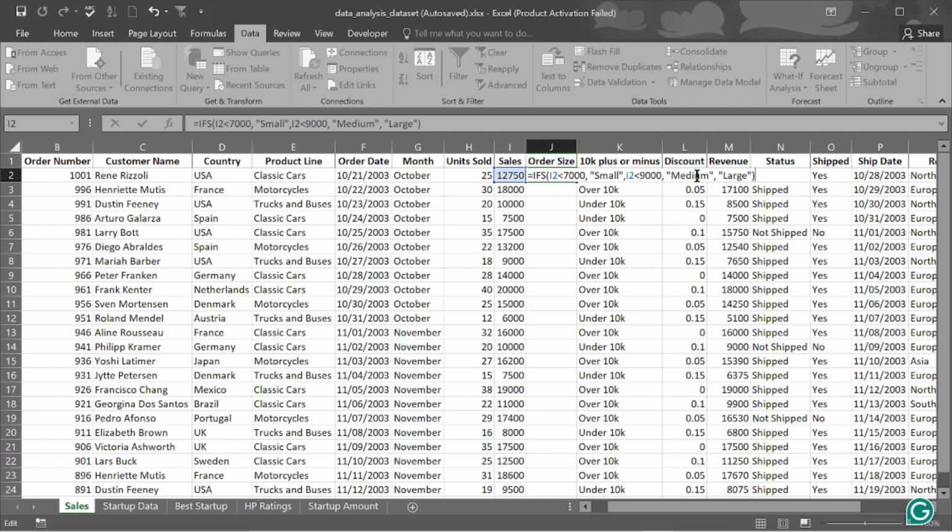So if I had the IFS function available in my version of Excel and I pressed enter, any value below 7,000 would be small, just like this value here. This 6,000 is less than 7,000, so it will throw small. Then this one will throw medium, and every other thing is large. So this one small, this one medium, this one medium, this one medium, every other thing is large. That is what it would have given us. So that's how